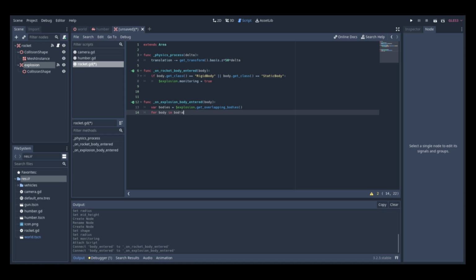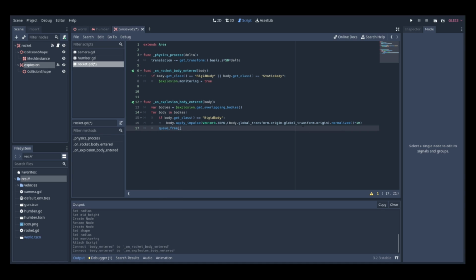So for body in bodies, if body.get_class is equal to RigidBody, body.apply_impulse, Vector3(0, 3.0), brackets, body.global_transform.basis minus global_transform.origin, minus global_transform.origin dot normalized times 10, and after that,